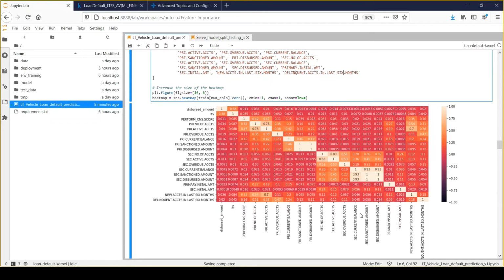So we can remove some of those fields so that we have only a single source of information for the model to identify as a valid feature. Otherwise it would be correlated and your model performance will be impacted, right?